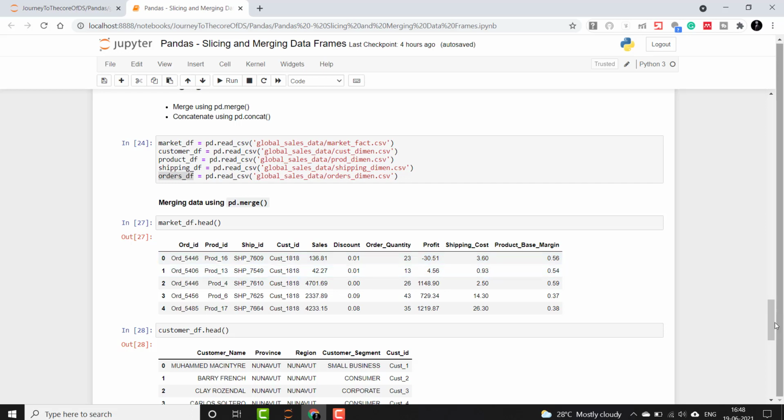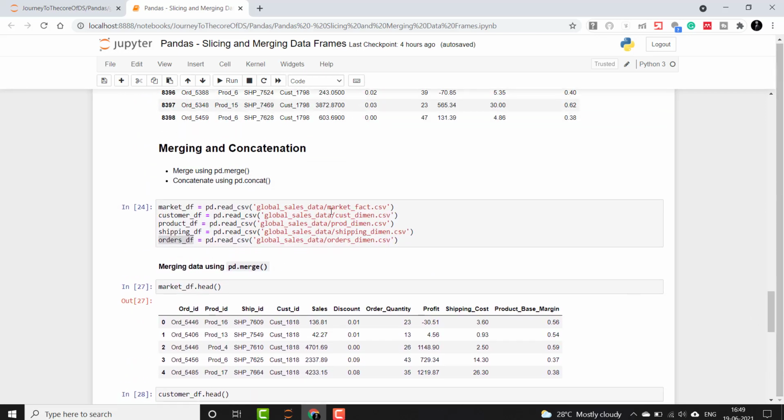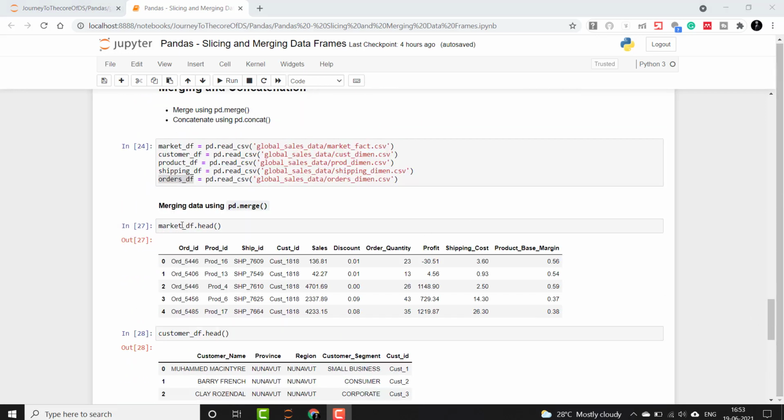Then there are the other 4 files, which are the dimension tables and contain metadata about customer, product, shipping details and order details. If you are already familiar with the concept of star schemas and data warehouse designs, you will notice that we have one fact table and 4 dimension tables here. So let's look at each data frame closely.